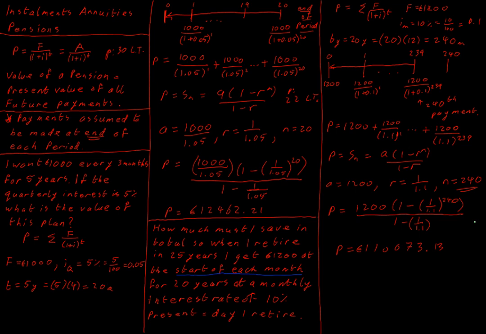So again, the present value of all of our future payments on the day we retire is the present value we're looking for. That's the amount of money we would have needed to have saved as a block of money in order to be able to pay for this pension that we want on the day that we retire. And we can see the effect of the fact that we're told that our payments are made at the start of each period when we draw that